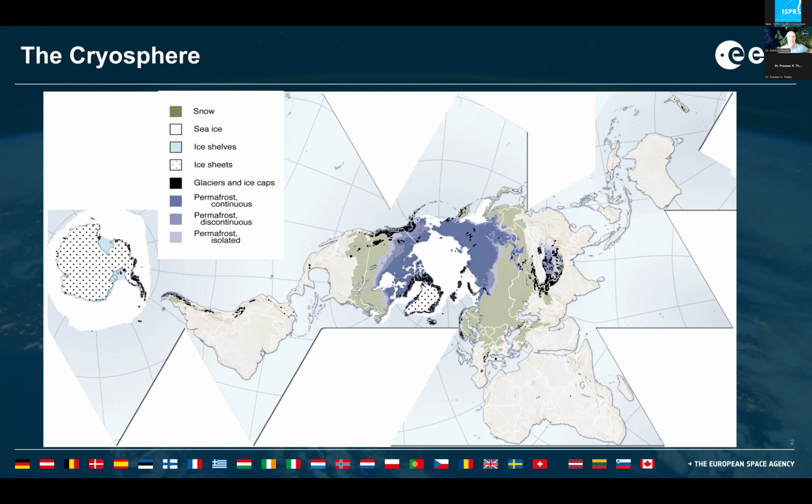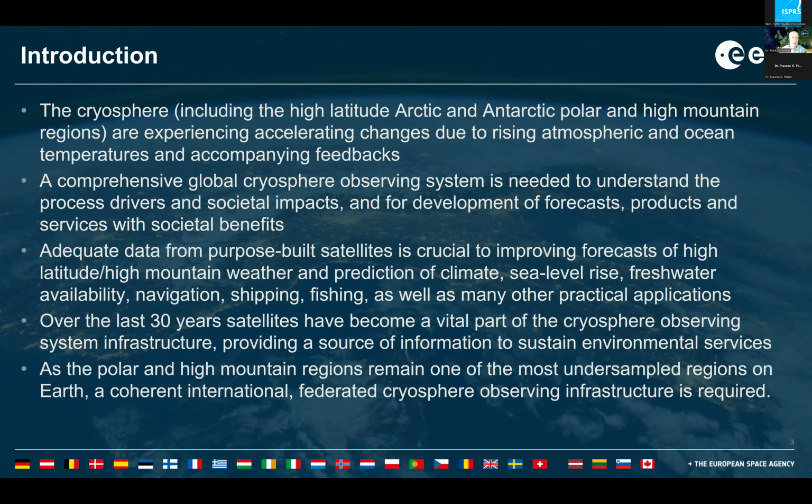So the cryosphere includes, in this case, high latitude Arctic and Antarctic polar and high mountain regions. And obviously the cryosphere is part of the Earth system which is experiencing accelerated changes due to rising atmospheric and ocean temperatures, together with the accompanying feedbacks in the climate system. Now, what we need is a comprehensive observing system to be able to understand which processes are driving the changes